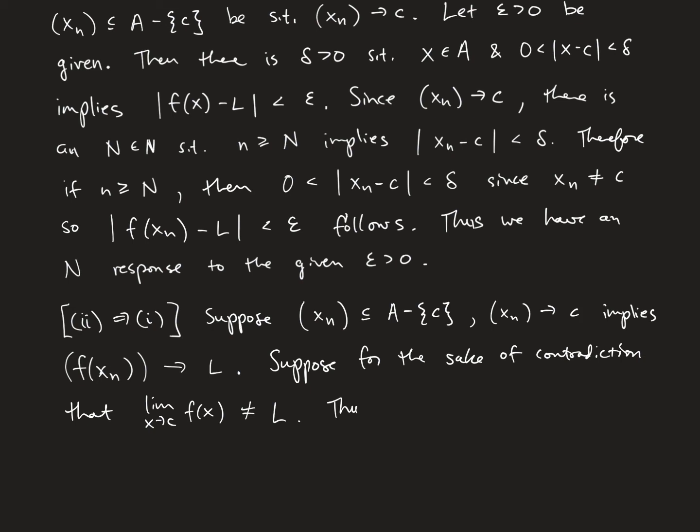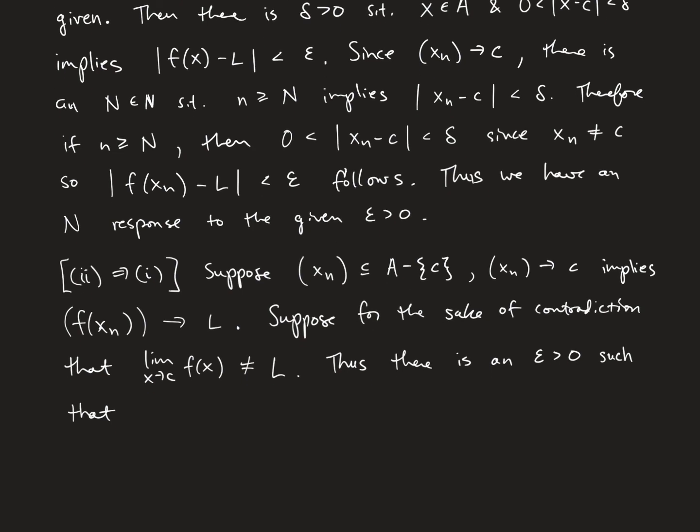So thus, there is an epsilon greater than 0 such that no matter how hard we try, no matter what delta we try, we're always going to fail to show that f of x is within epsilon of L. So such that for any delta greater than 0,